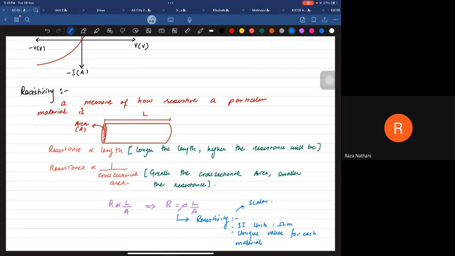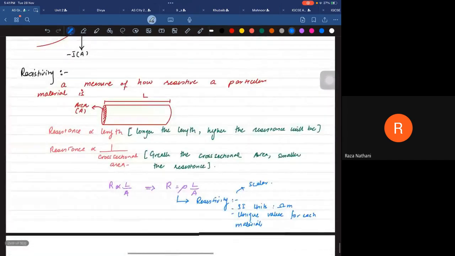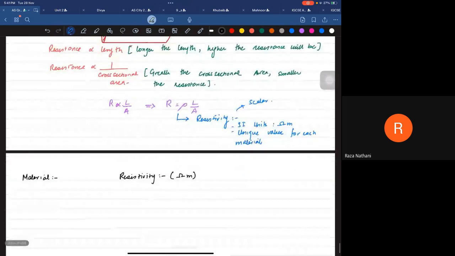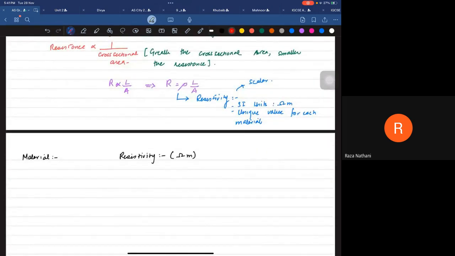Now, unfortunately, we need to learn the resistivities of different materials as well, but that's not too hard. You have to remember, like in the estimation questions, they can ask you this. So you have materials, you have resistivity, so in ohm meters, we're going to learn this. First of all,